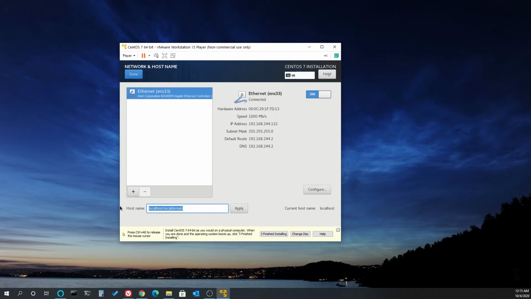Here I'm going to go ahead and give this a host name, which will be something like, I don't know, I'll call this CentOS VM. This is the name of my home network. Apply. There we go. That's the host name